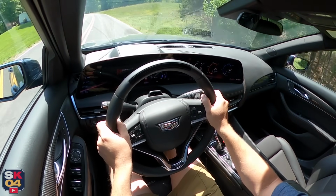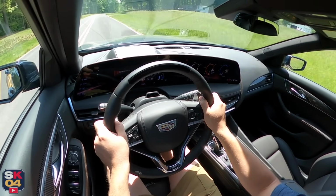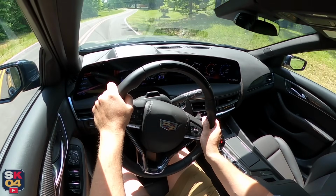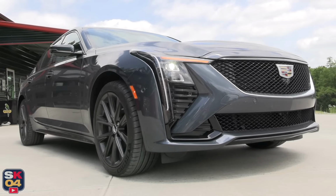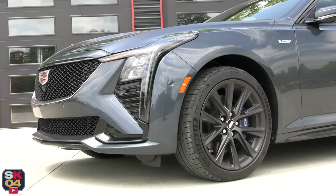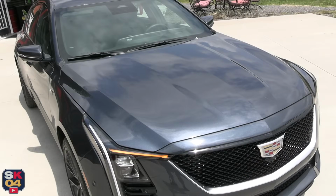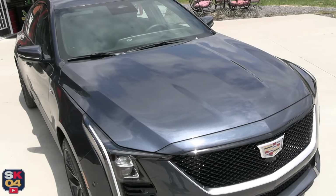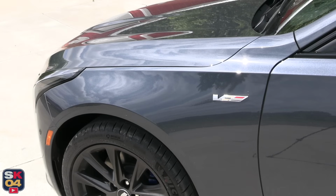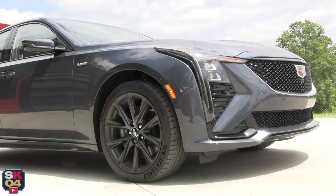The CT5's fastback design underscores its refined road manners, which is complemented with a driver-centric interior that blends high technology and high-touch elements. The Sport and V-Series models are differentiated from the premium luxury by darker accents and performance-inspired details, including unique fascias, grills, rocker extensions, rear spoiler, and sportier wheel designs. Each trim also features LED exterior lighting such as the headlamps, tail lamps, and signature vertical lights at all 4